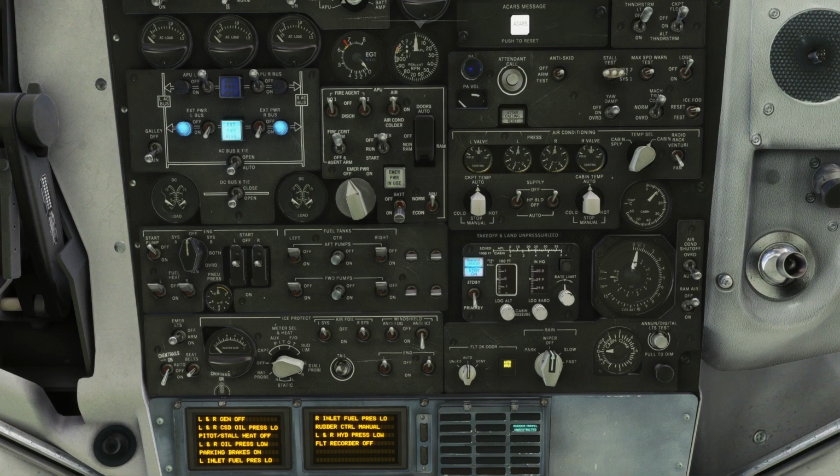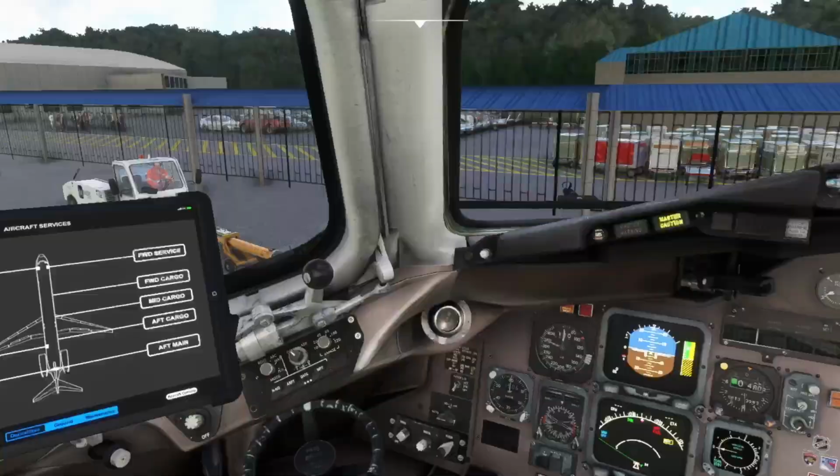Stall. Stall. Stall. Stall. Before we continue, we'll go ahead and get the...